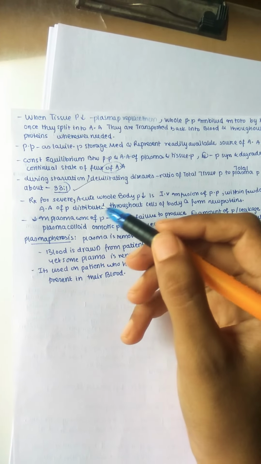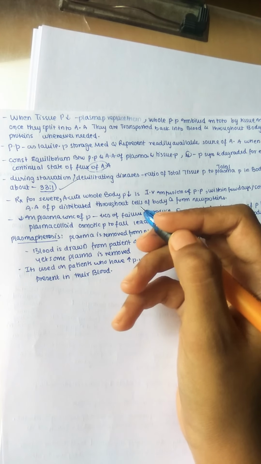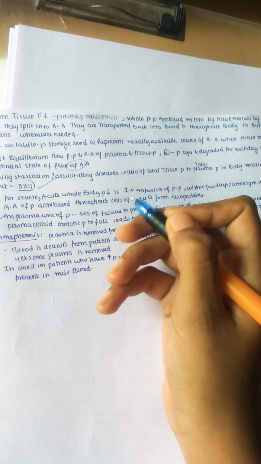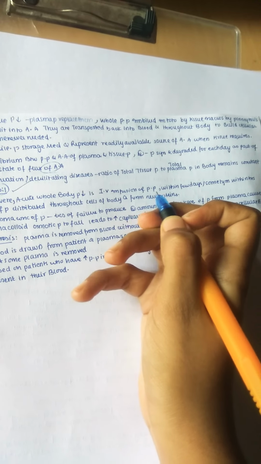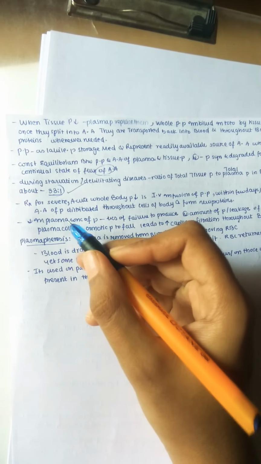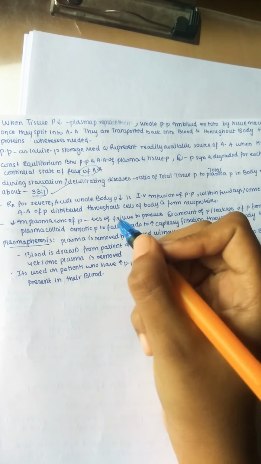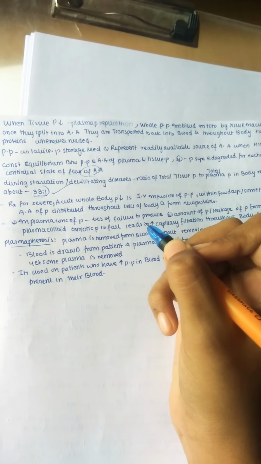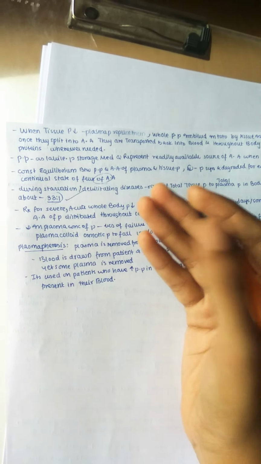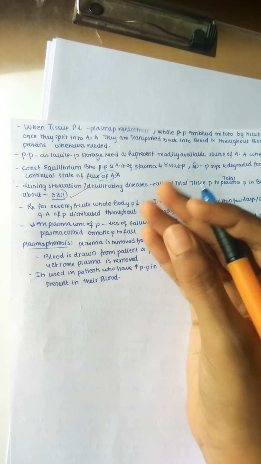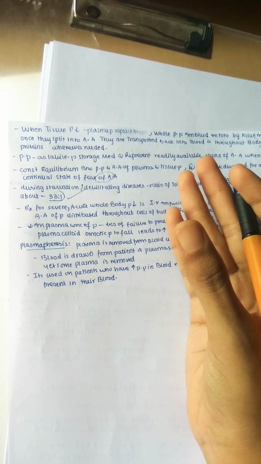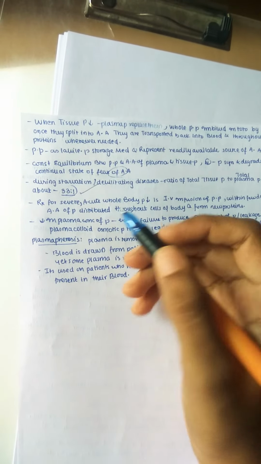So treatment for severe acute whole body protein decrease or deficiency is by intravenous infusion of plasma proteins. Within a few days, or sometimes within hours, amino acids of the protein get distributed throughout the cells of the body and form the new proteins. So whenever a person has low proteins in his body, we can just inject the plasma protein so that they can immediately form proteins in his body within a few days, or sometimes in hours only.